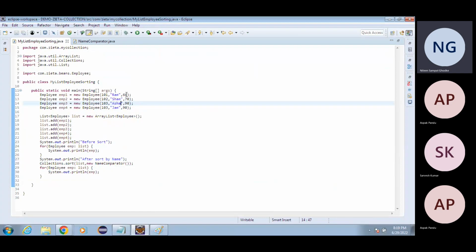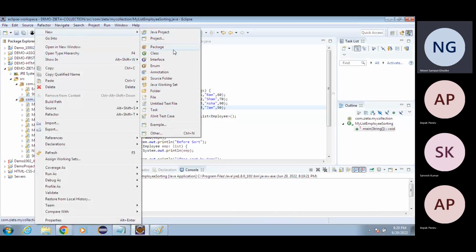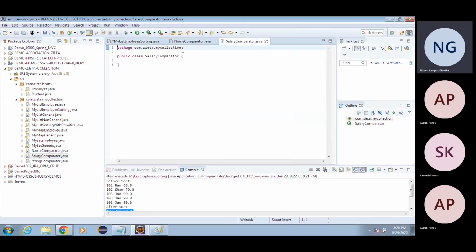Now here I want to go to the sorting by, sorry, the salary. So how can you go for it very simply? Again I need to write a new comparator, like NameComparator. I can create the new comparator here, the SalaryComparator. In that we can just write implements